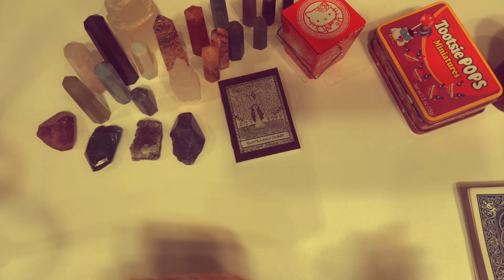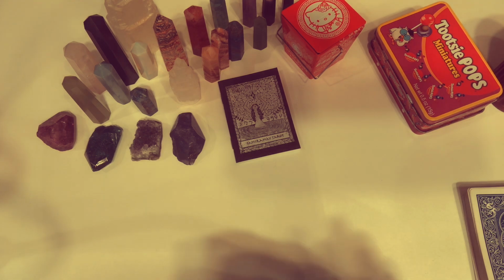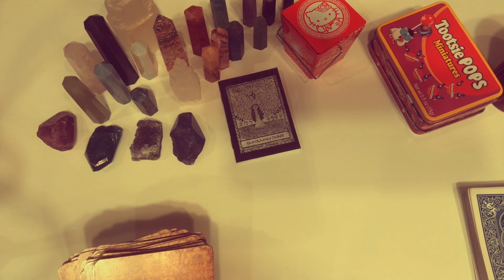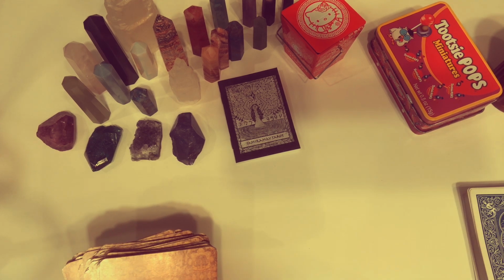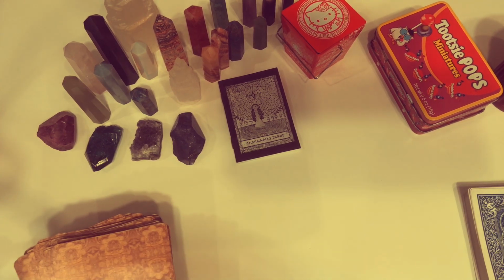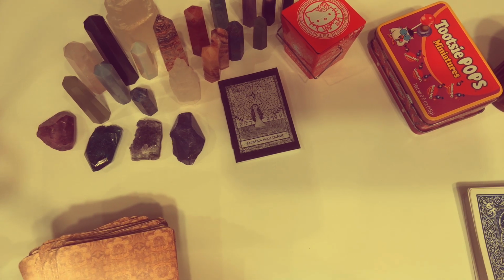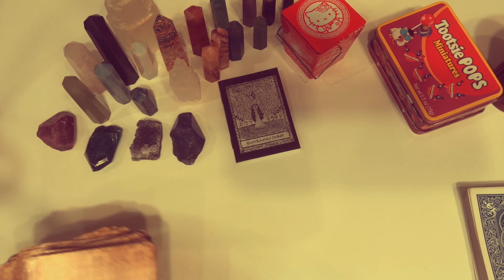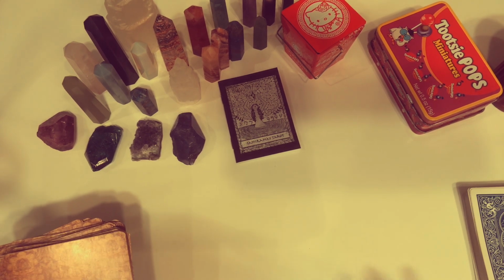There are all kinds of rules. There are all kinds of readers. I wouldn't trust someone who says it has to be this way. Like any art, tarot is subjective. Of course, if you see a lot of swords in a reading, that's not going to be that positive, depending, but